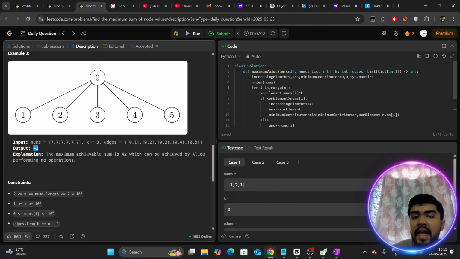I need an increasing elements count. So that is increasing elements count. I need an answer, and I need a minimum contributor for sure, and I am increasing them accordingly. And I need n to be len of nums, and I have for i in range n,